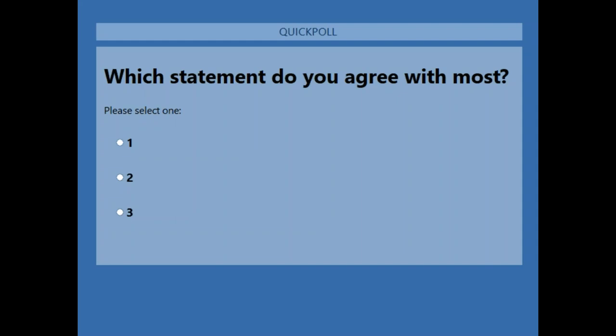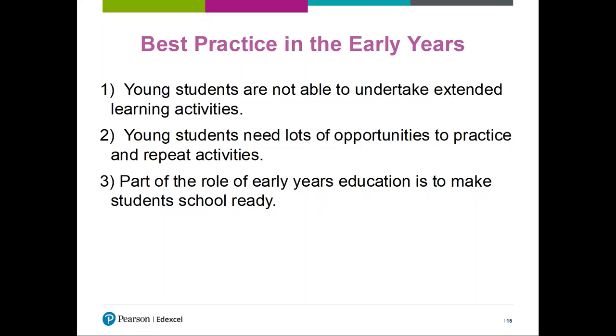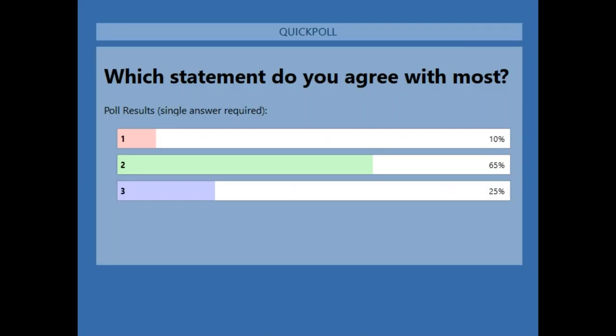Okay, that should have given everyone enough time. If you'd like to close the poll now, Christian, and we'll see if we can get some results. Here we go. So we can see that about 10% of us agree that young students are not able to